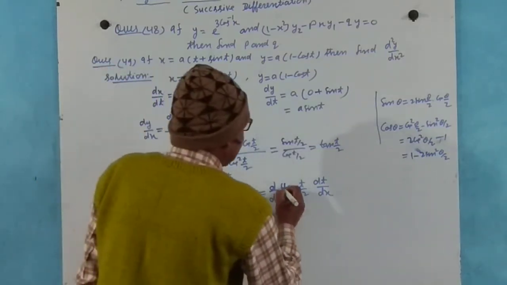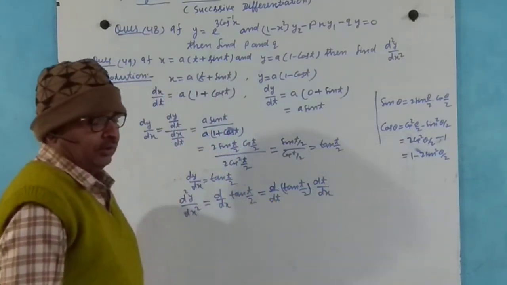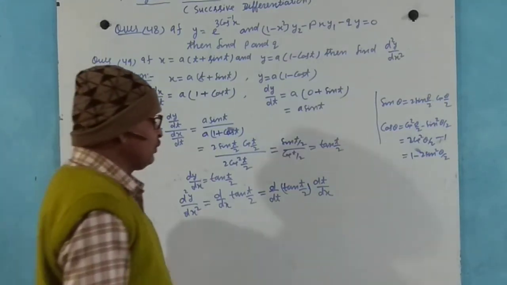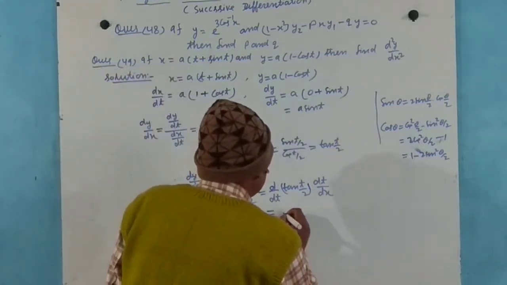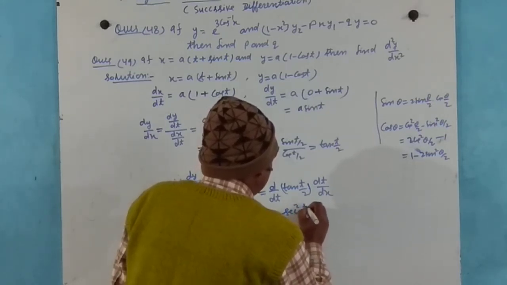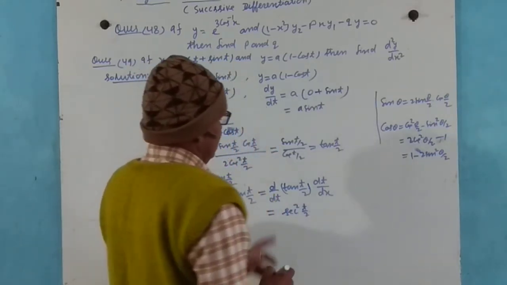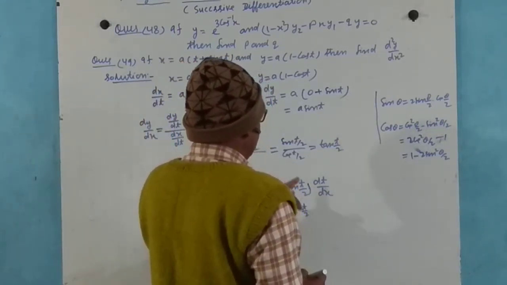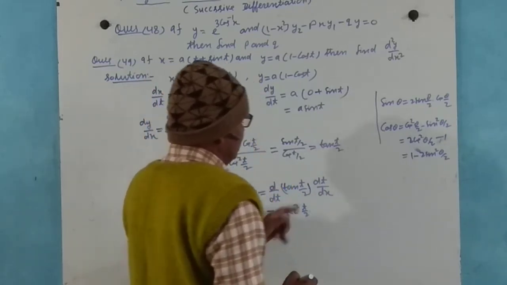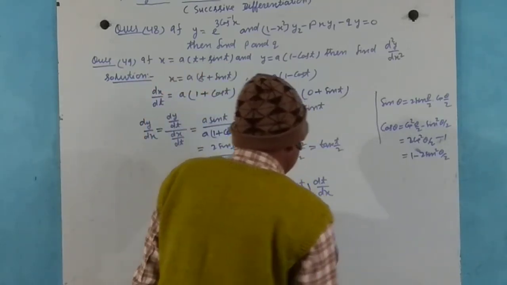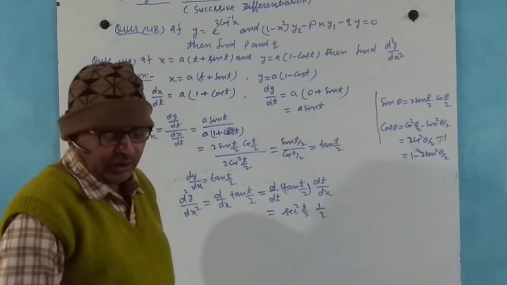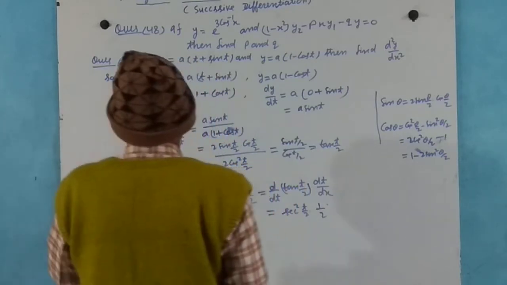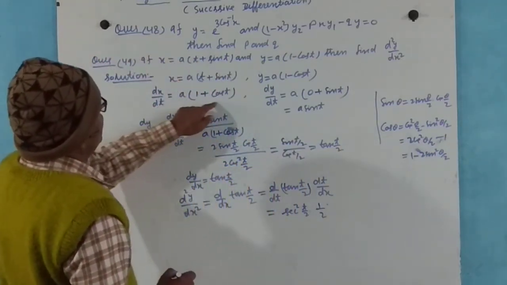Now differentiation of tan t is sec square, so this can be written as sec square t by 2, and differentiation of t by 2 is here half, and now dt by dx, here dx by dt is equal to this,